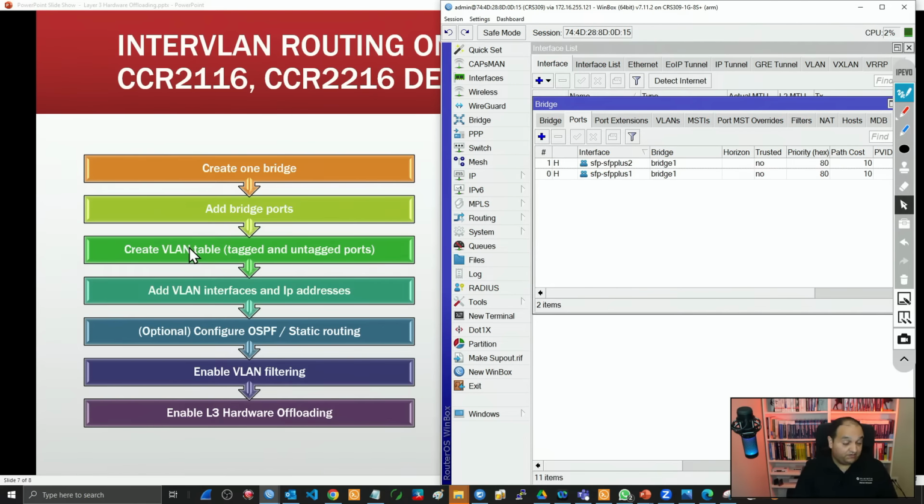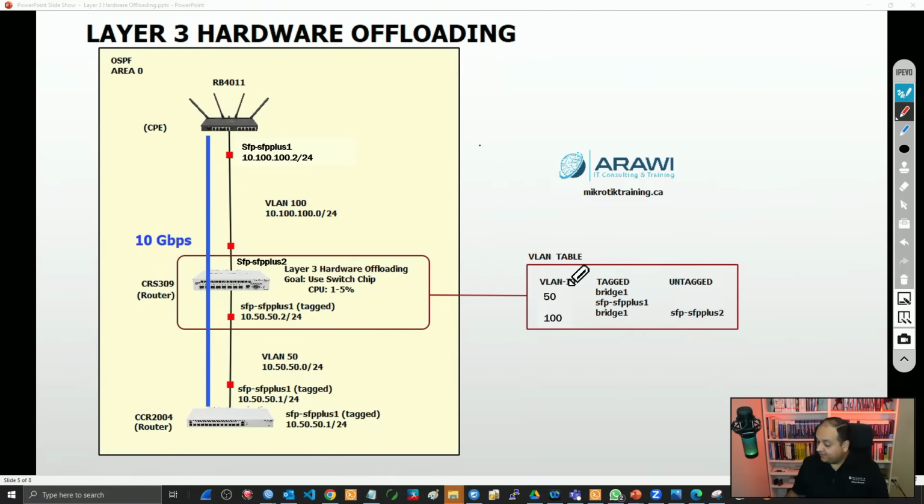The next step, this is also quite important. We need to create the VLAN table. We need to define tagged ports and we need to define untagged ports. If we go back to the topology, we can see here that we need to build that VLAN table. This device is connected to the CCR 2004 using VLAN 50. So we need to have an entry in that VLAN table for VLAN 50. And we need to add all the interfaces that will send the traffic, including the VLAN header. And that is SFP plus 1, because all the traffic that is going to the CCR 2004 will be using